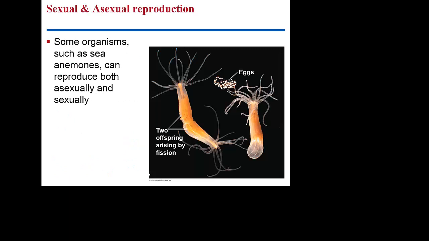These organisms that I mentioned that reproduce both sexually and asexually, such as the sea anemones here, have options. If conditions are right and the population and individuals are doing well, they may choose to produce offspring, in this case by fission. Okay, so when we look at this production, very different than if the sea anemone would simply produce eggs and then be dependent on the addition of sperm to those eggs to produce the zygote.